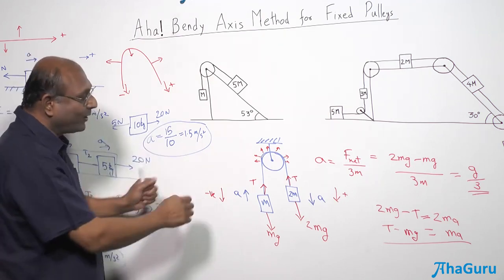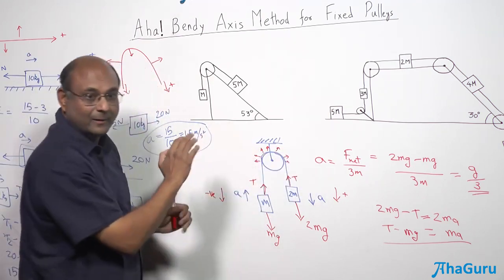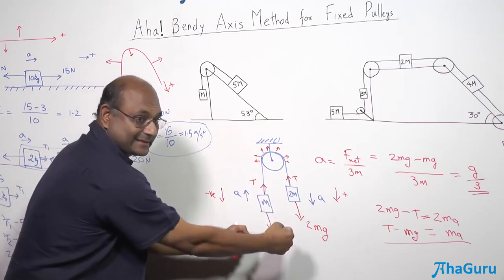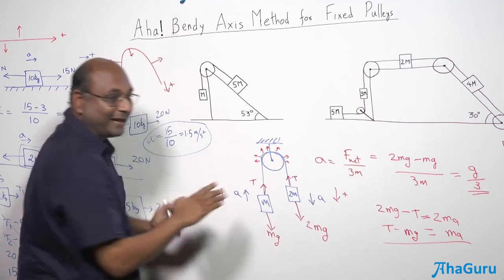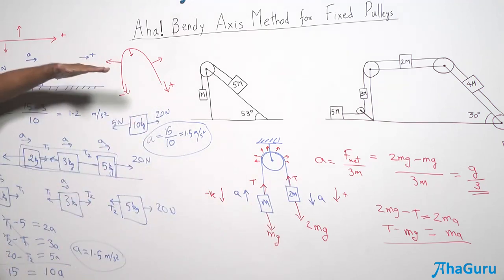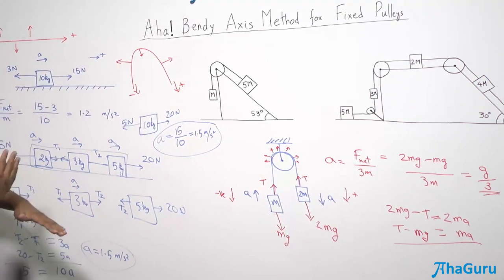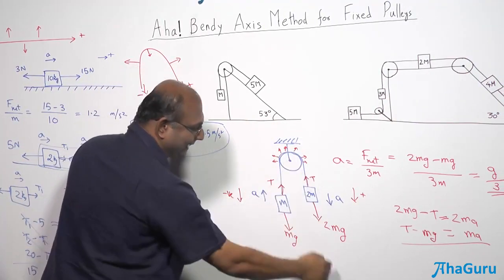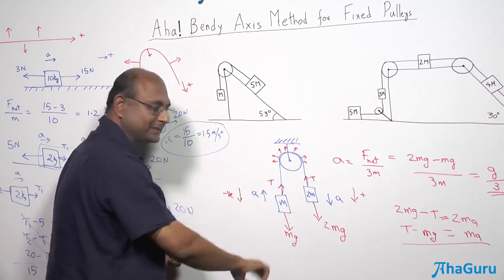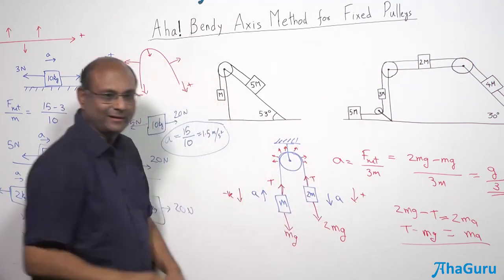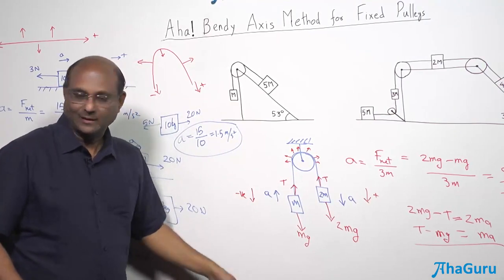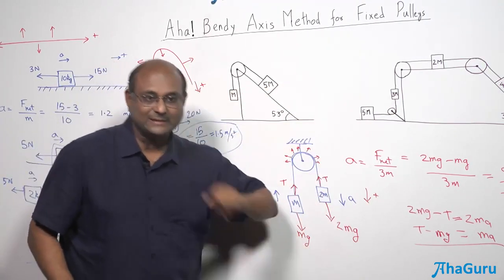So the key point is that these forces are all perpendicular, so they do not affect. All I am doing is to bend my axis. So now the way you should think about your axis is no longer like this or like this. You think about your axis like this. So this is my plus direction and this is my minus direction. So the net force in this direction is 2mg minus mg, because this was opposite direction, and all the blocks must move in the same direction.